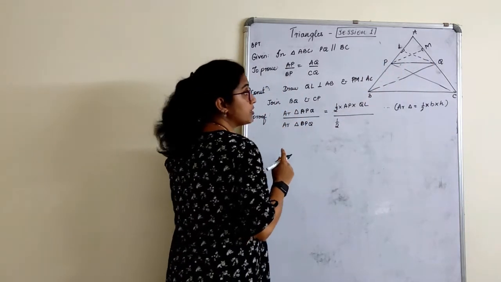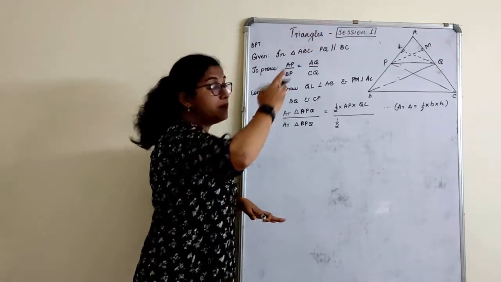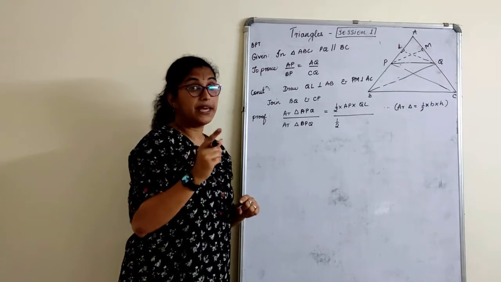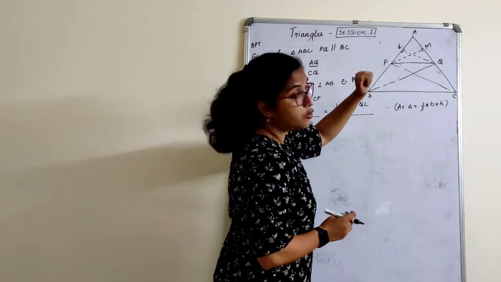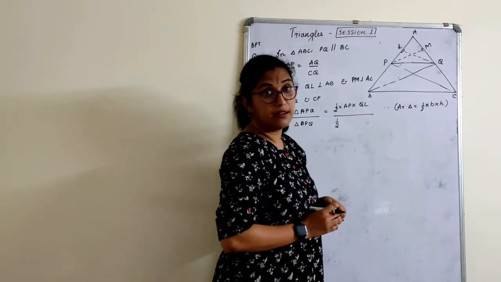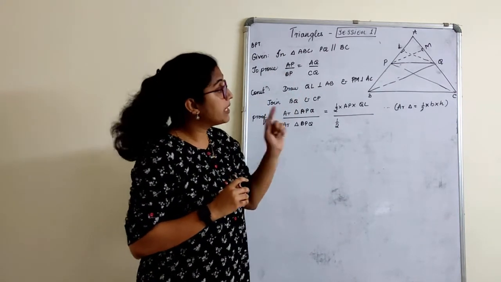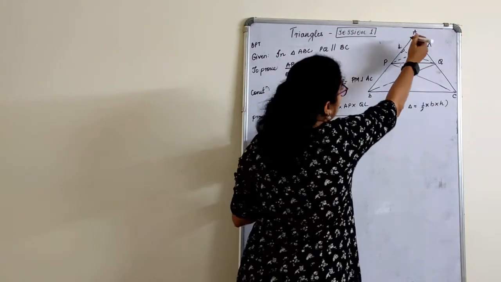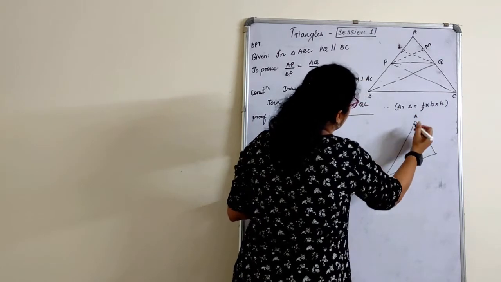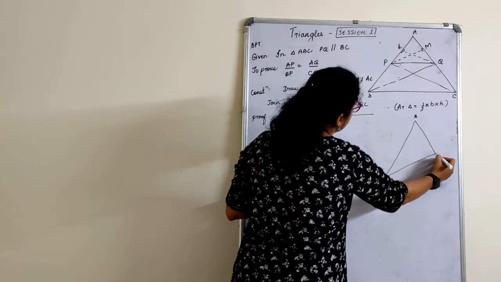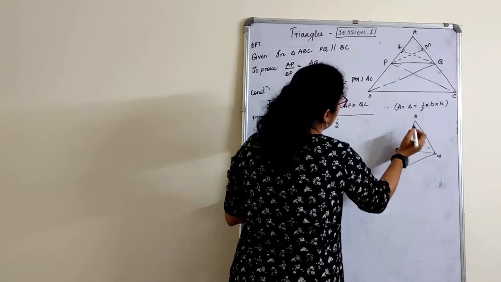BPQ. For BPQ also, the base can be anything. I can say BP is the base, PQ is the base, or BQ is the base. But choose the base in such a way that the perpendicular lies on it. Is QL perpendicular? Yes. Now you might ask me, how is QL perpendicular? Assume this is one whole triangle I have drawn. This is A, this is B, and this part is Q. Here comes your P, and here comes your perpendicular L.